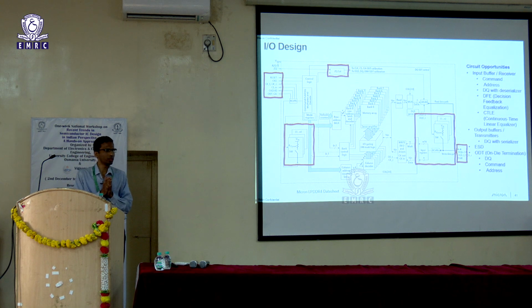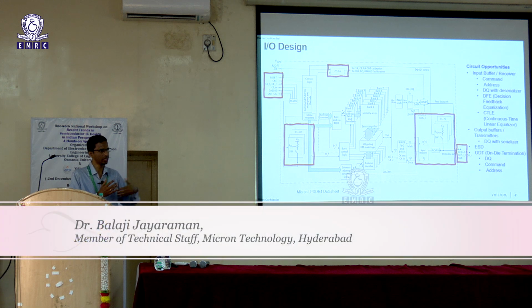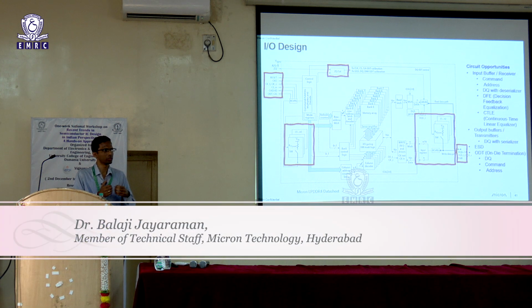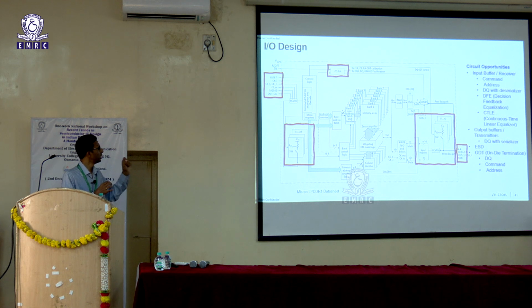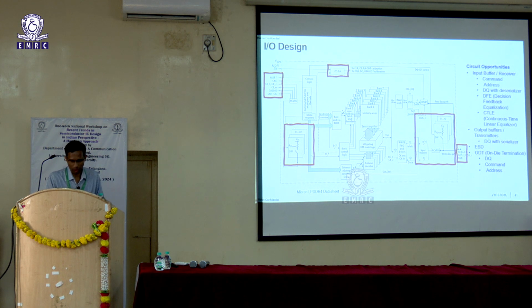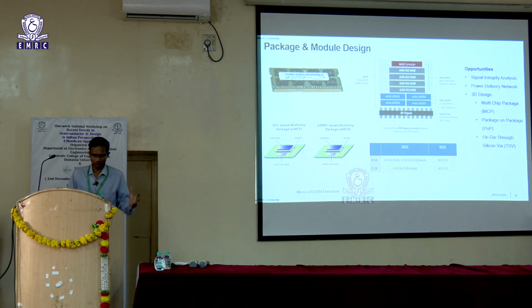As I said, we are talking about very high speeds, say 5 gigabits per second to 10 gigabits per second. For these rates, you just can't have an open-ended or open drain architecture. That will result in a lot of crosstalk and intersymbol interference. So typically we will have this terminated so that reflections are avoided. When you want to have this terminated, you need to have a proper termination resistance as well, and ZQ will determine what is the appropriate termination that you would have in your system, and all that is part of your I/O design.